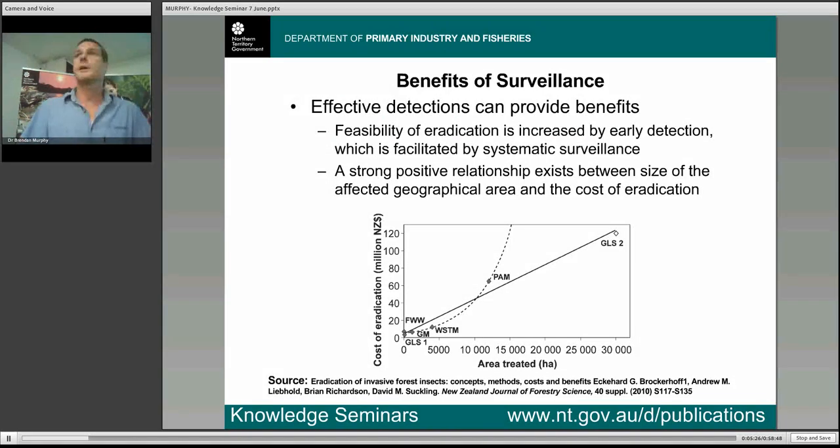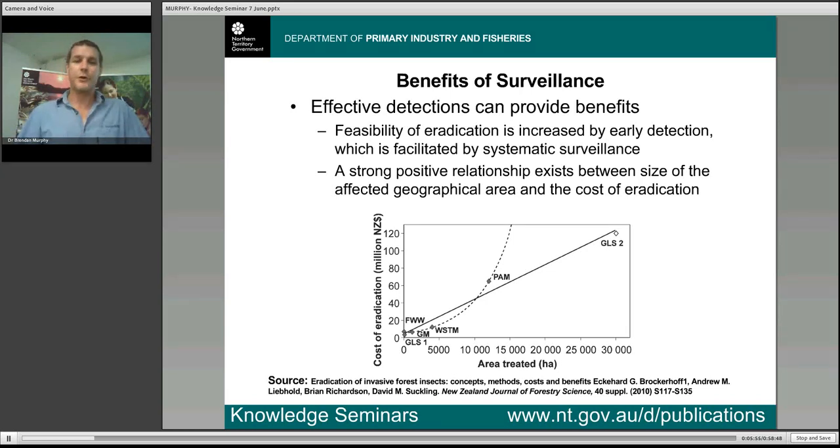So, are there benefits from surveillance? Well, evidence is starting to accumulate now, and what we see here is a graph from New Zealand. What this is looking at is a large number of pest moth introductions and subsequent eradications. And what this graph is showing is that the smaller an area of infestation that you can find a pest, which is generally associated with the faster you can find it, there's a distinct advantage in terms of cost of